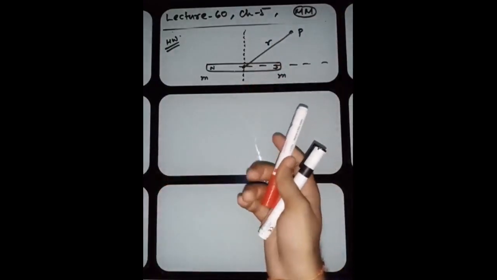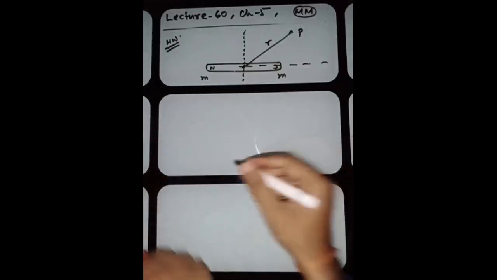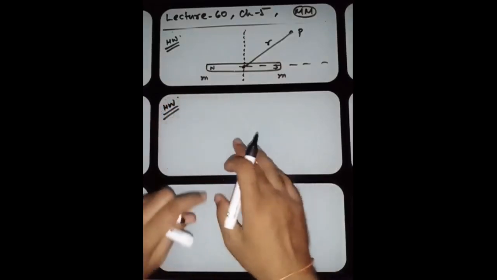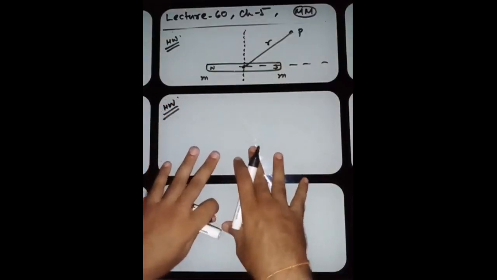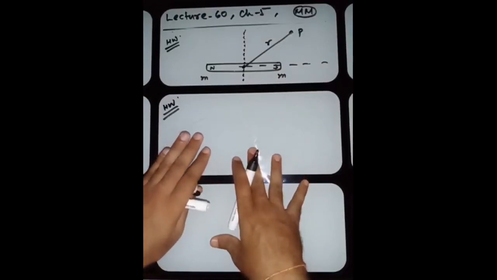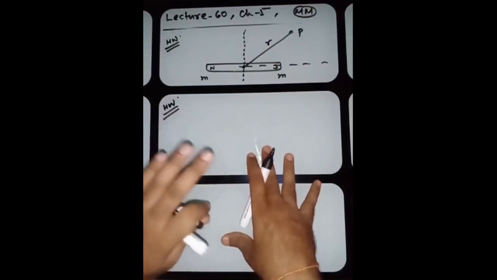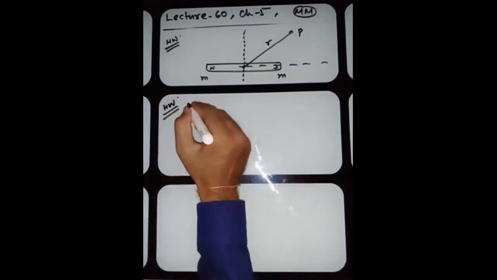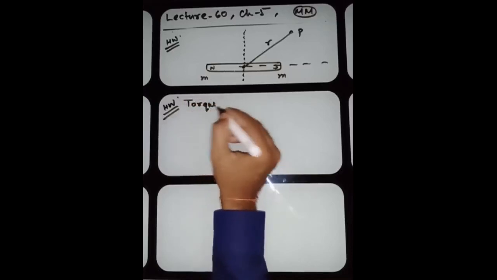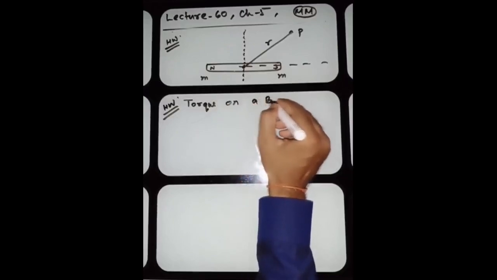Now, the two more topics you should do as an exercise. Let me recall why I'm giving all of these as homework: because I told you this is very similar to the chapter in electrostatics that you have studied already. Okay, so the next one is the torque. Torque on a bar magnet